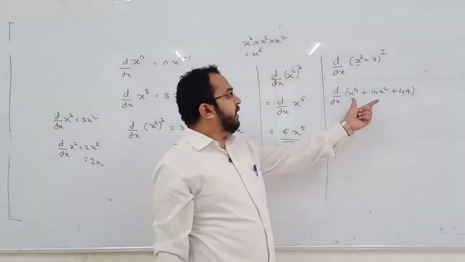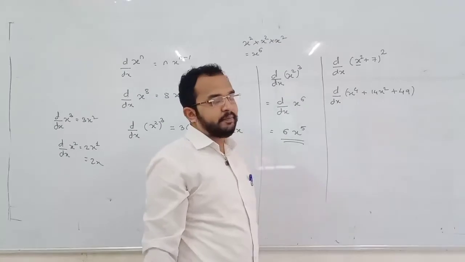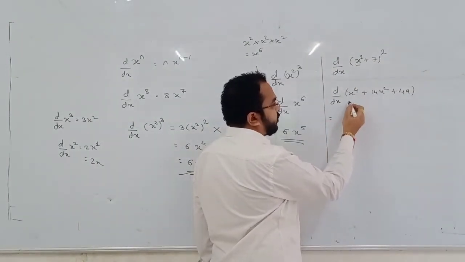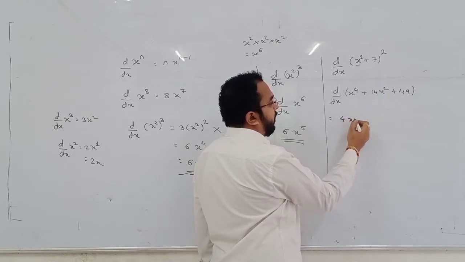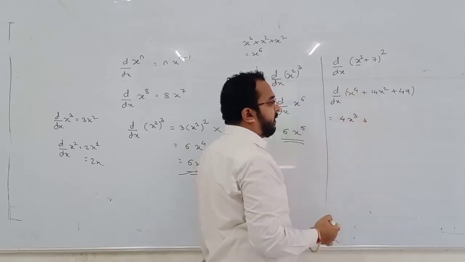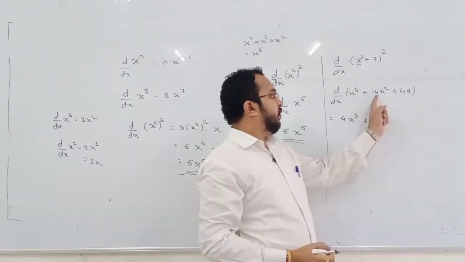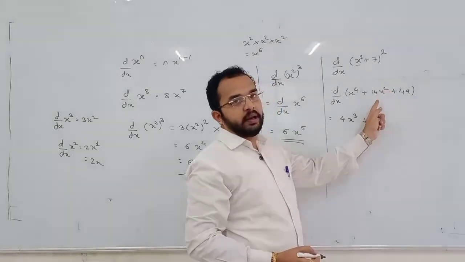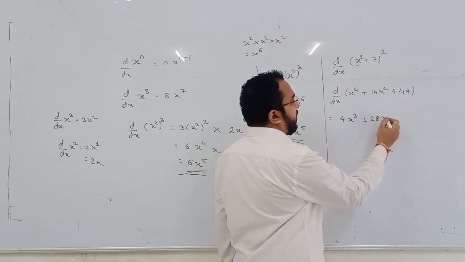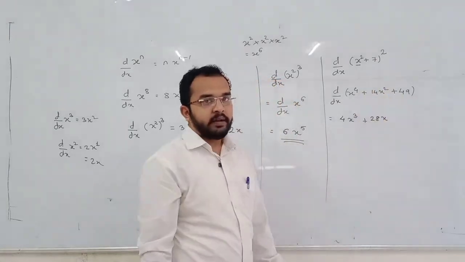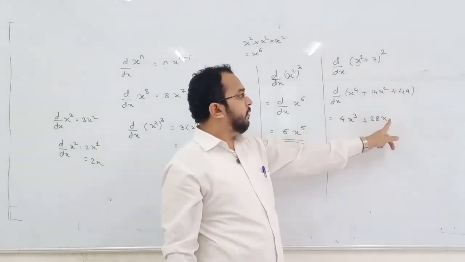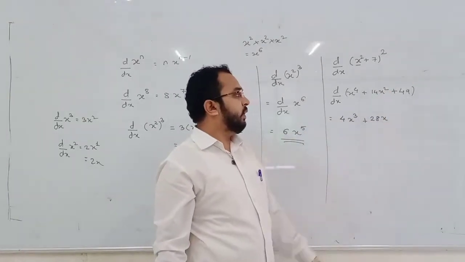Now if we differentiate this, what will happen? याला जर differentiate केला आपण तर काय होणार आहे? What is the differentiation of x to the power 4? It will be 4x cube. Take the power in the numerator and reduce the power by 1. Here 14, this 2 will come into the numerator, so 14 into 2, it will be 28x. Power will become 1 because initial power is 2. Reduce the power by 1, so 2 minus 1 will be 1, so only single x will appear.